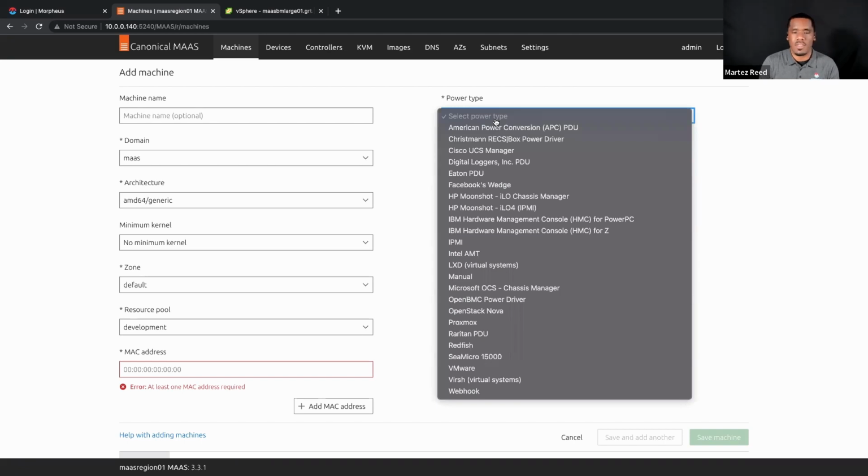Certainly those that have been around the space enough know that there are a number of technologies and capabilities to be able to facilitate these various operations. And so when we go to power type for the machine, we do see a large number of those options, from things like IPMI to Intel AMT to Redfish, many of the common capabilities that are utilized for power management